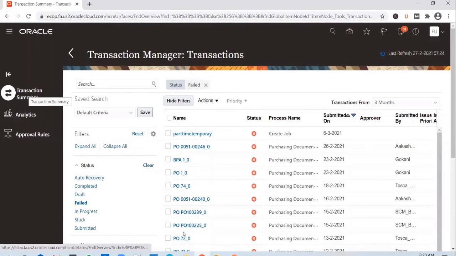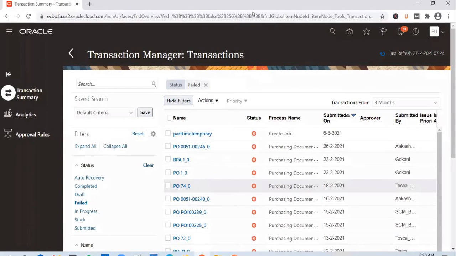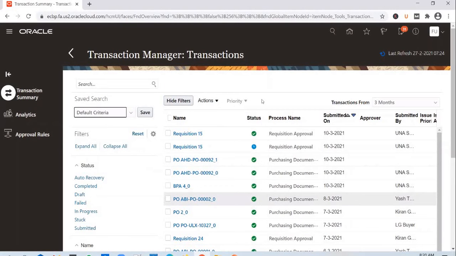The transaction summary screen you can use to monitor what transactions are currently undergoing the approval process at the moment. It's a pretty extensive screen. You will usually see only the failed transactions by default. But if you take out that filter, it will show all the transactions that are undergoing the approval process.